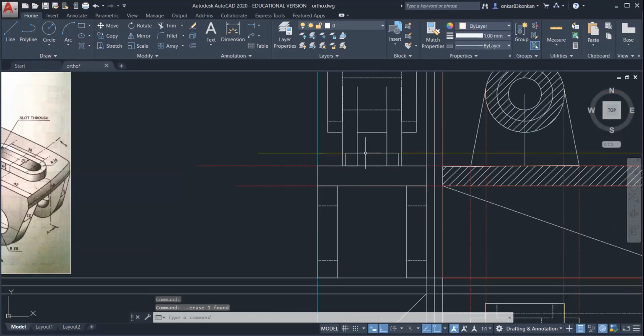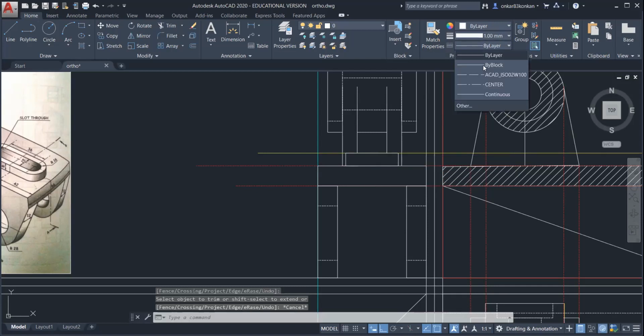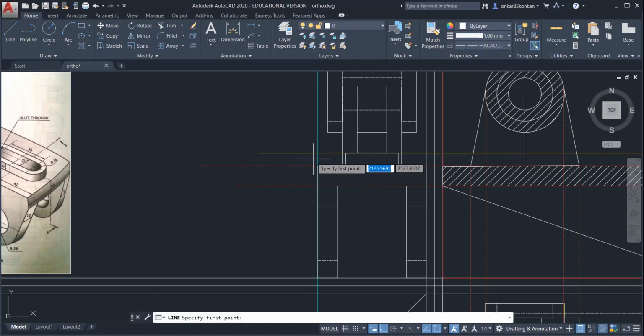So actually, if you observe here, this line which is corresponding to rib, it will not be visible completely in the side view. So this portion will be hidden. So we should remove this. And then we will show that line as a hidden line. So select here, hidden line, then select the line and draw this line as a hidden.